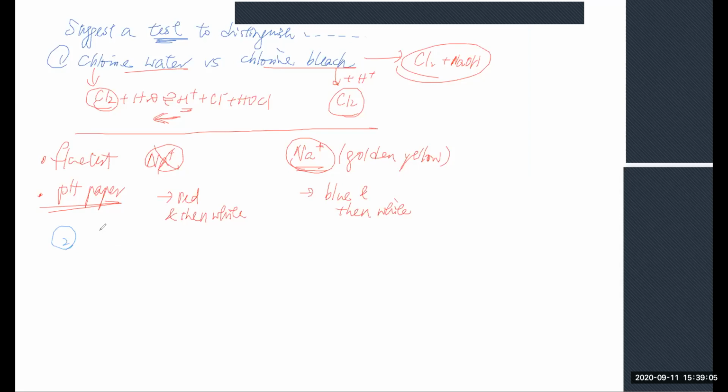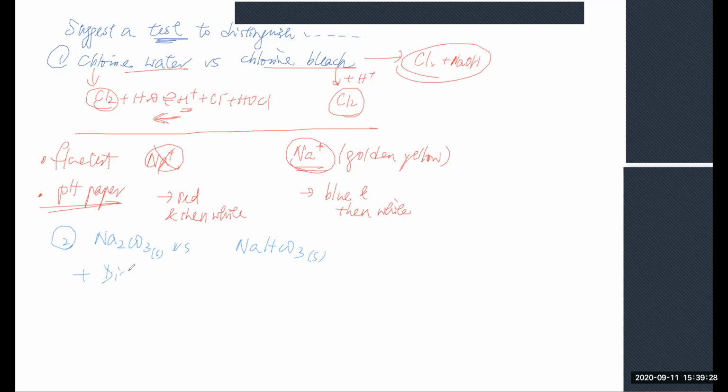How about sodium carbonate versus sodium hydrogen carbonate? Solid. Precipitation. Dissolve